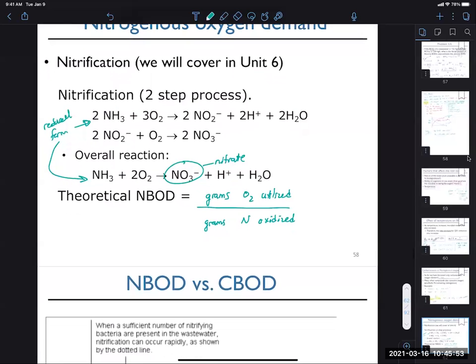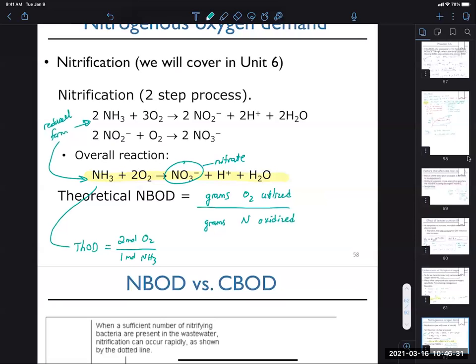So if I had to give an example here, if I look at this overall reaction, you'll notice that 2 moles of oxygen are being utilized for every 1 mole of NH3. Therefore, 2 moles of O2 divided by 1 mole of NH3 is related to my theoretical oxygen demand, but typically